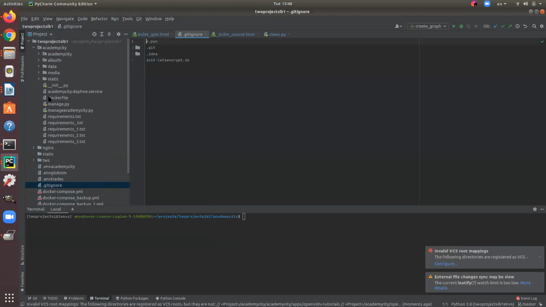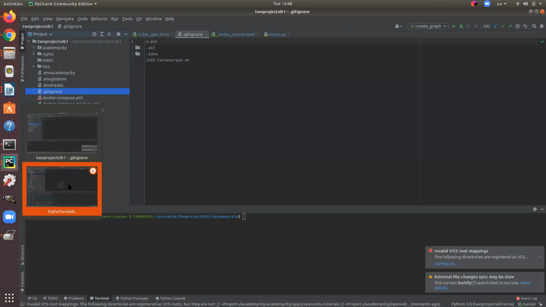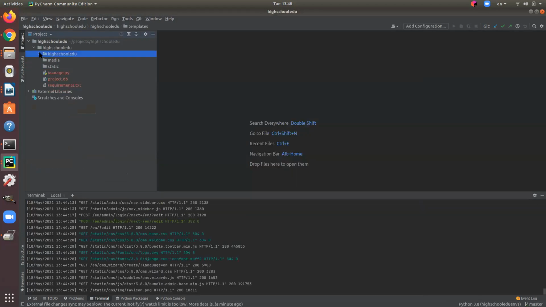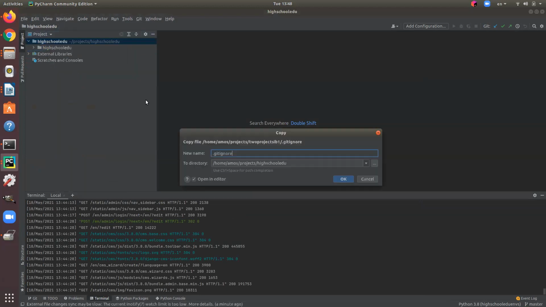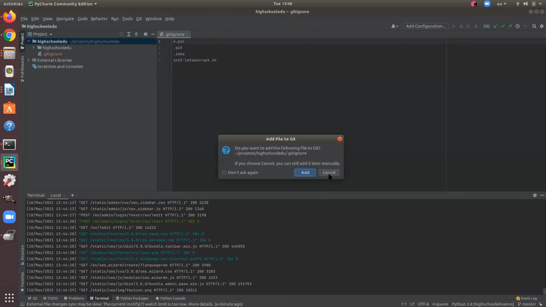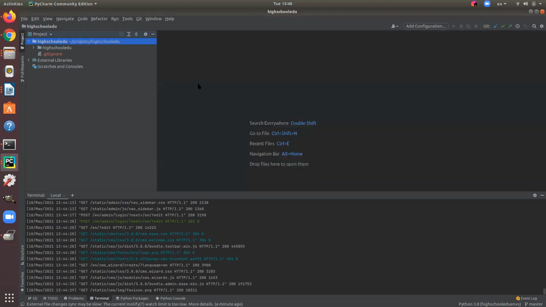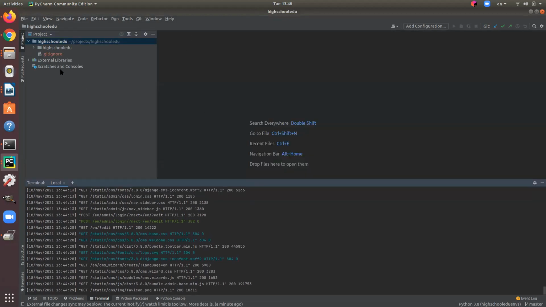GitHub, it is under, it's this one, it's right under the top. Okay, so it will be in the top part. So if I close this one, it should be right here. Right click, paste, and okay. This way, when I do something in a minute and upload the whole thing to the server, it will not